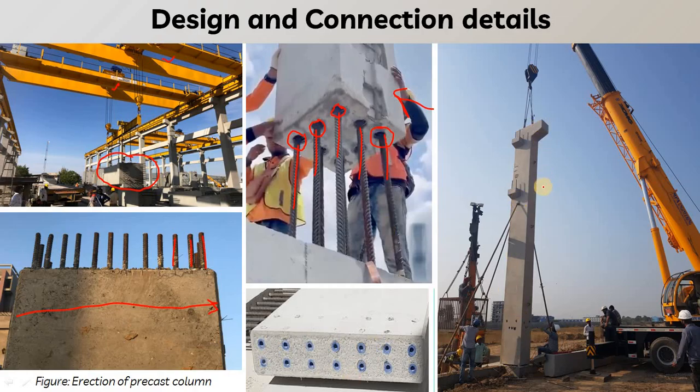Here also you can see this is the two-story column which is used for the construction of the shed, and here you can see this is the corbel. This is the projected type corbel. Here also this is the corbel. So it has corbel 1, 2 and 3. Even though there will be corbel 1 and corbel 2 here, there are a total of 5 corbels in one column. That